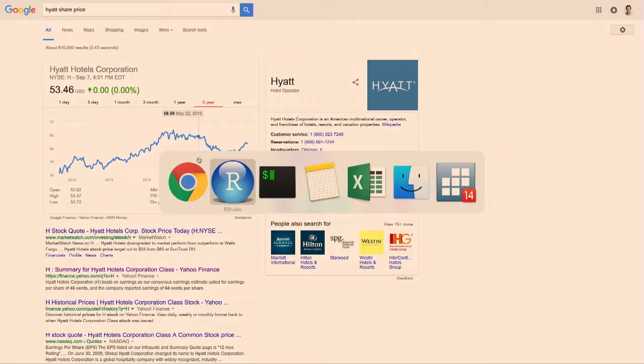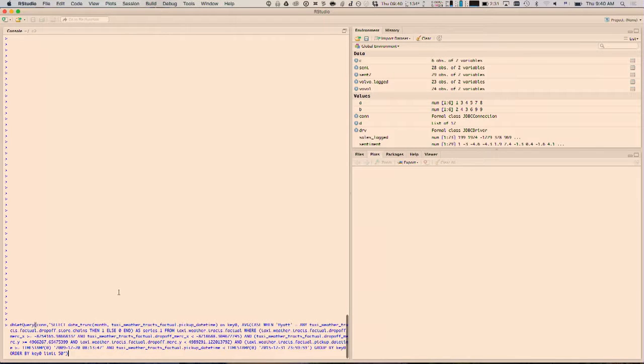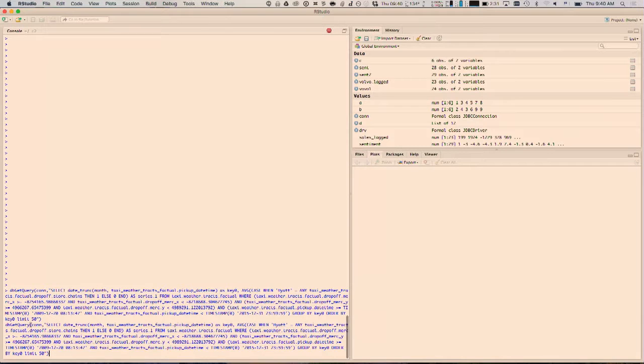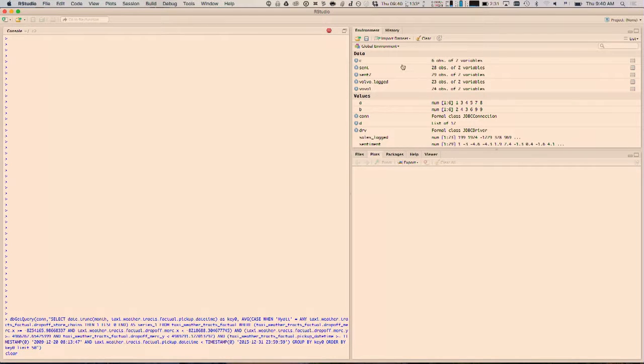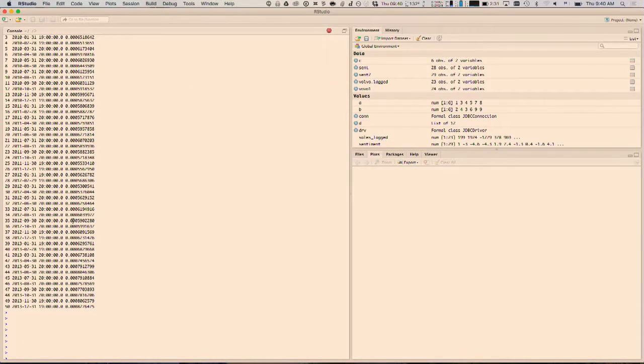So to do that, the great thing is that MapD ultimately is a SQL database, a really, really fast SQL database. So you can... I wasn't connected to the data here. But essentially, you would get all this data. I ran this query. You get all the data. You could pull it into R.